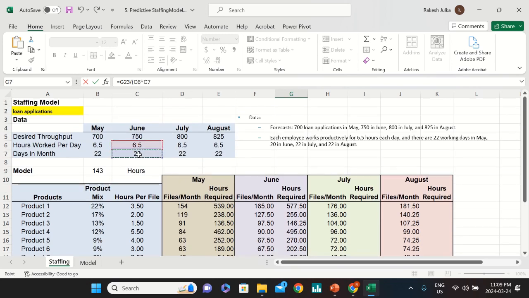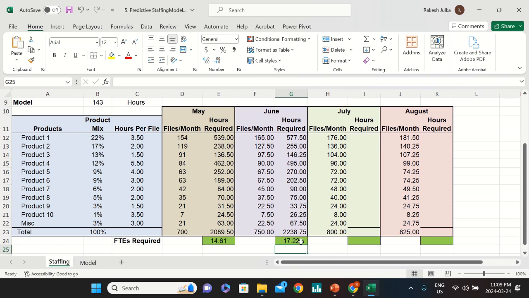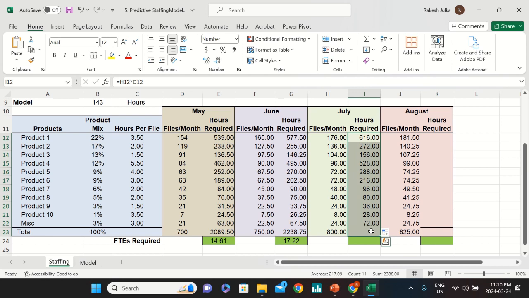Multiply by 20, and you can see this formula over here, right? And enter. 17.22. Same thing I'm going to repeat it here. 176 files that will be completed in a month for this kind of product, multiply by 3.5 hours per file is required. I'm just going to drag it down to calculate the total number of hours required in the